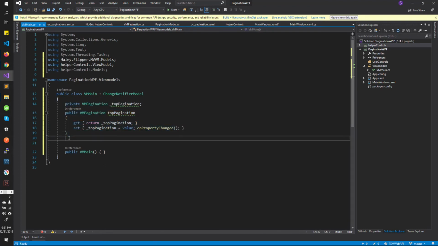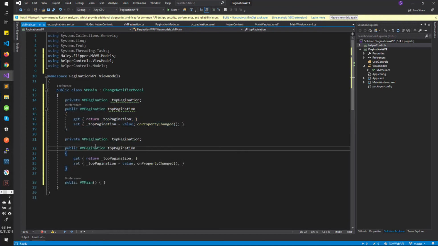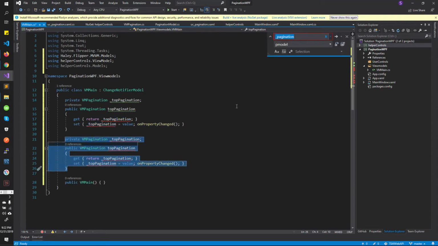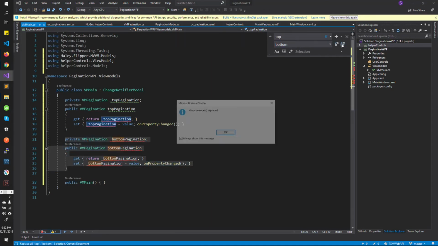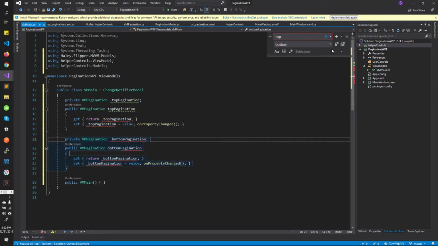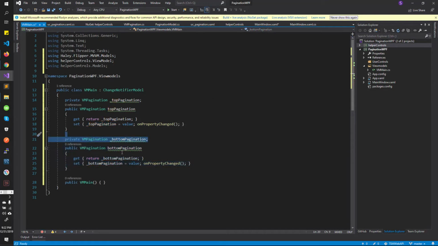Let's call the other one bottom pagination. Okay, I have two paginations, called top pagination and bottom pagination, and then